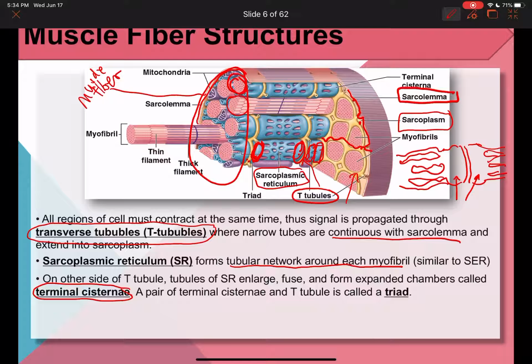So this is the sarcoplasmic reticulum. This is the terminal cisternae. And then this right here is the T-tubule. So that's exactly what is happening within here. And this whole part with the terminal cisternae, T-tubule, terminal cisternae, these 3 sections of the muscle fiber is known